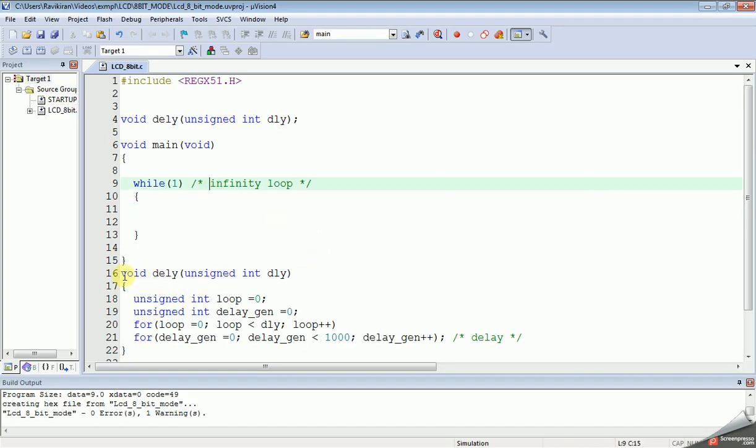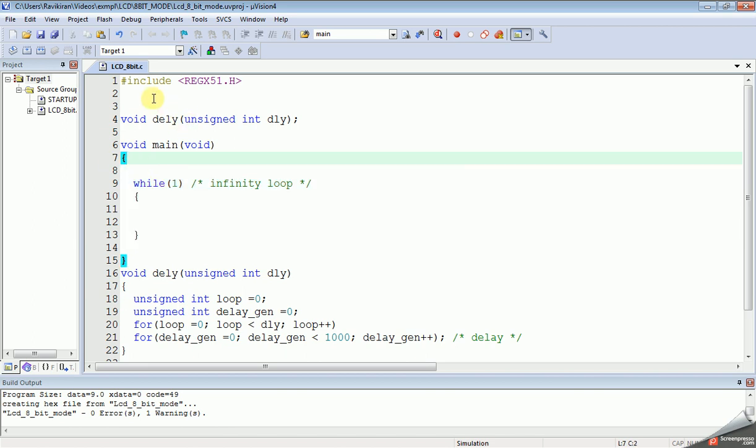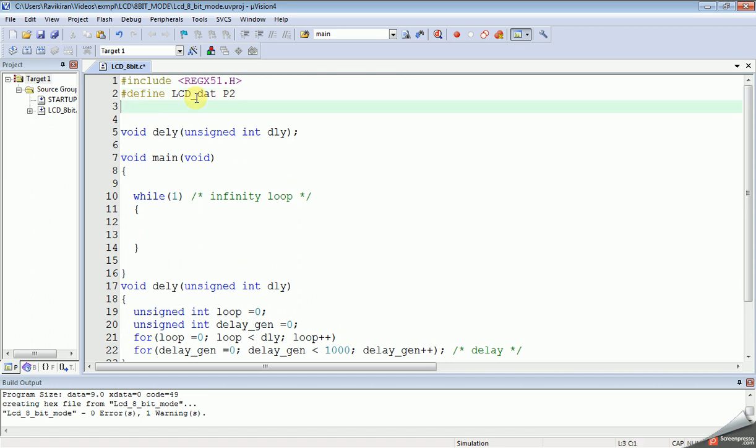As I told, this is the delay function we already discussed in previous videos. And we need an infinite loop. So header file, after the header file we need to write the program. We have connected the LCD data lines, D0 to D7, to port 2. So we need to represent that using #define LCD_data. And we are using two control pins.